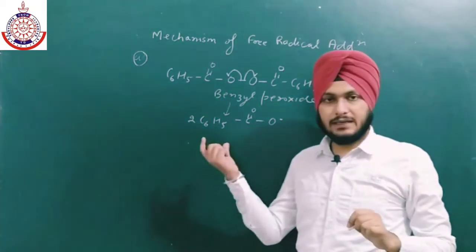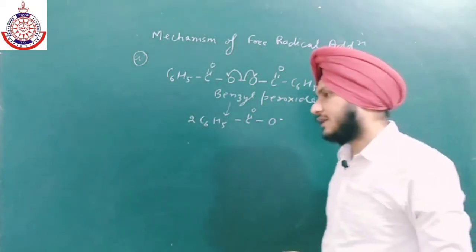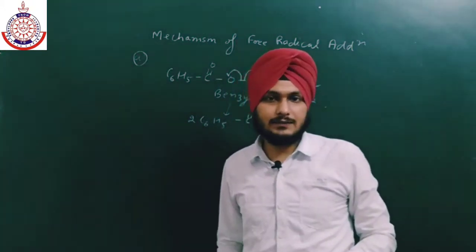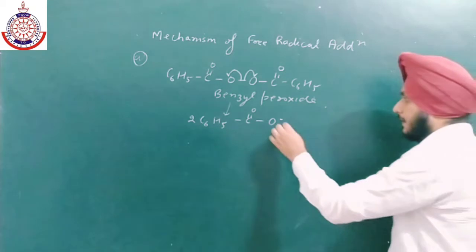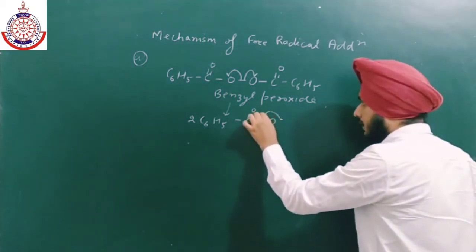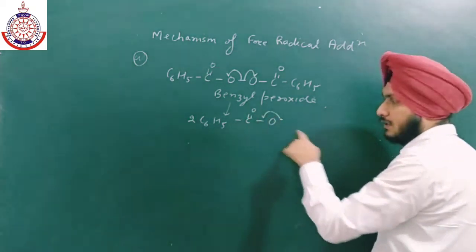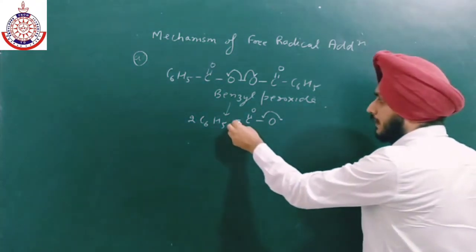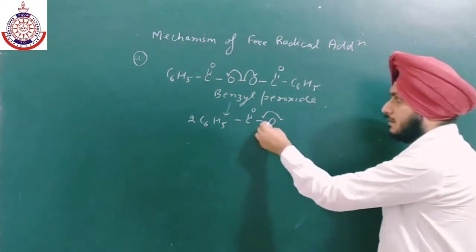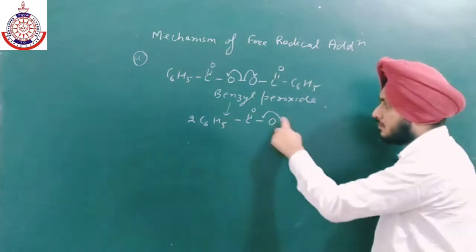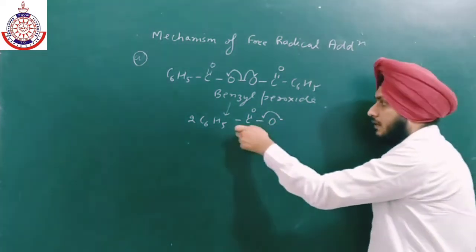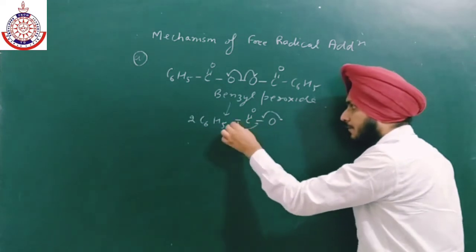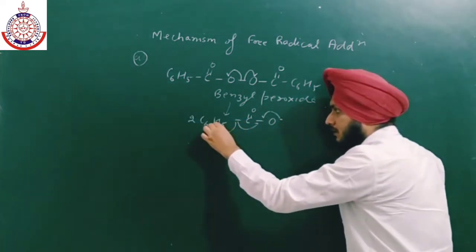Now this will again rearrange. Okay, in case of free radical reaction, only homolytic cleavage will take place. No heterolytic cleavage takes place. So now in this, again, this radical goes over here, and we will get a double bond. When there is a shortage of one electron, because a single bond contains two electrons and we will have only one electron, so one electron goes from here, and the second electron goes to this.